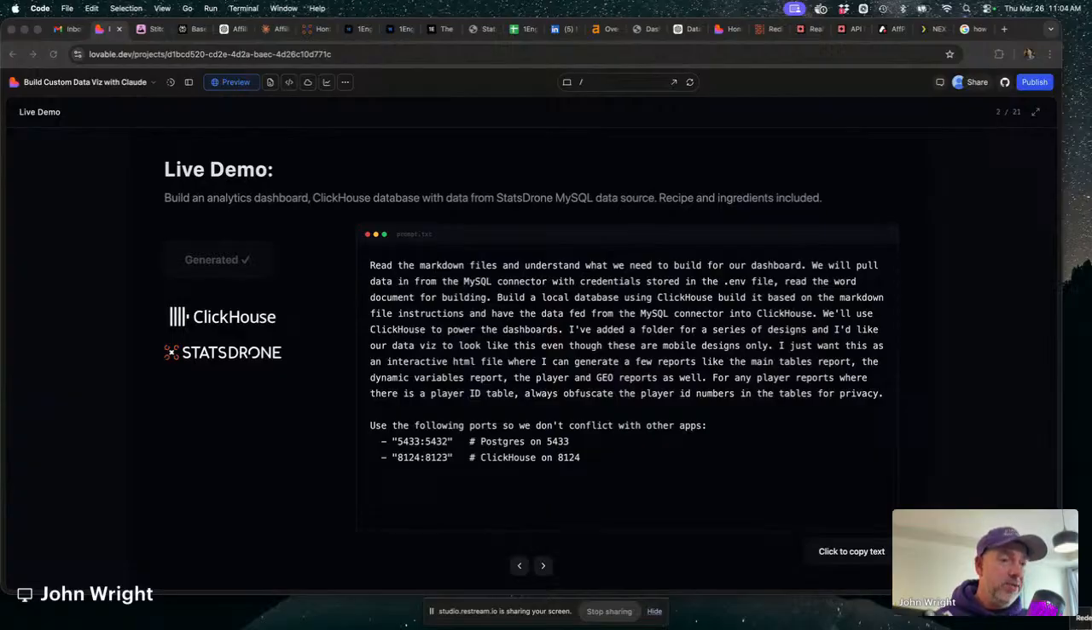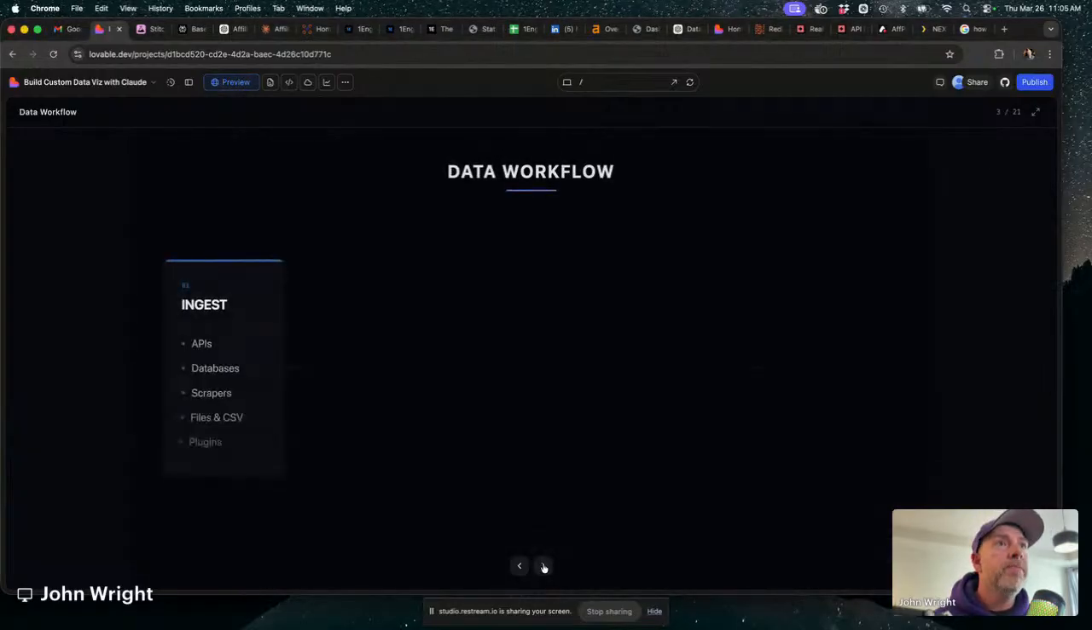So if you don't know how to build databases, I didn't know how to build them until 6 months ago either. This does it all for you. And then once the database is built, you have your dashboards connected, and then you're off and running. So let this run in the background, and let me go to the next slide and talk about the data